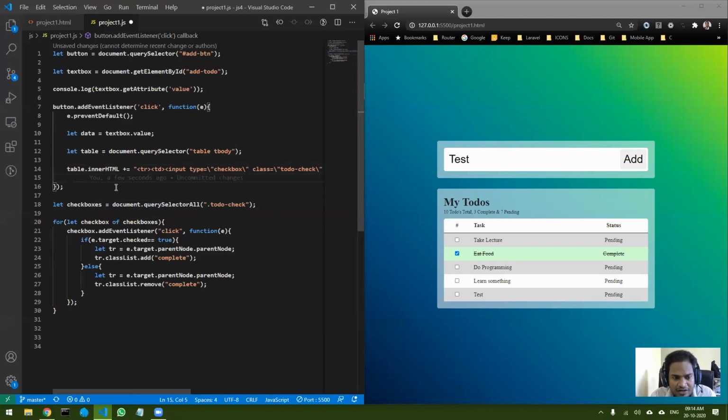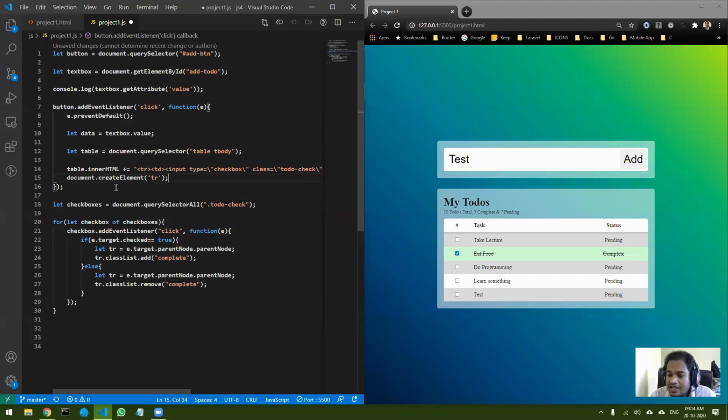To do that, you can use the command called create. If you refer to our previous video where we have used this, we have used document dot create element tr.